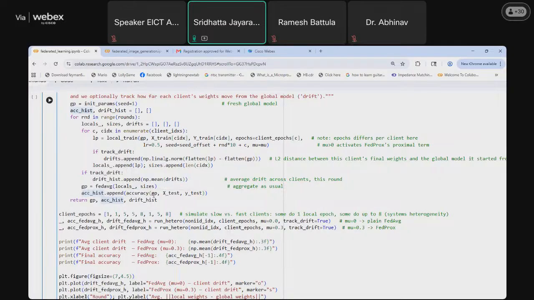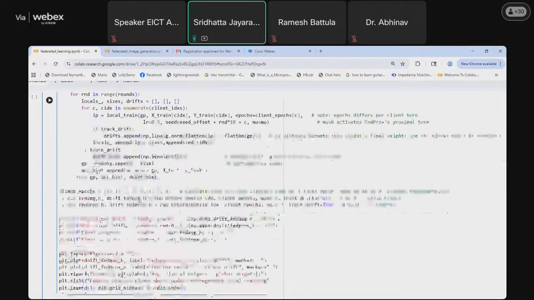This is the server accuracy. We'll be passing it through GP and through the test data of the clients, X_test, and Y_test is the ground truth. Then this would be returning us the GP, accuracy history and the drift history.